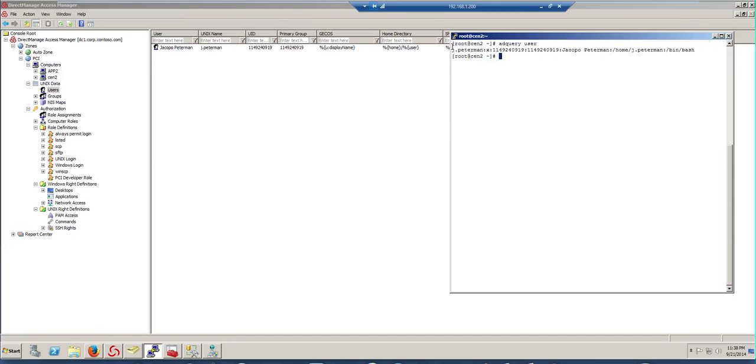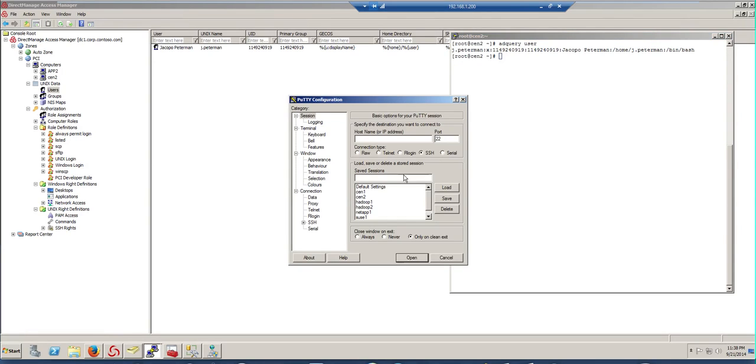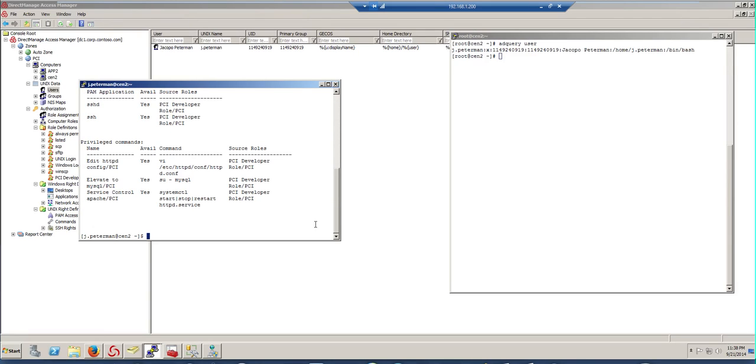Let's go ahead and log in as j.peterman. And there you go. We have a connection here. The user is able to log in. So let's take a look at what the user can do. DZ info. So we defined elevate to MySQL, service control Apache, edit the Apache file. So let's go ahead. DZ do